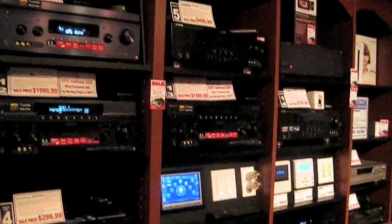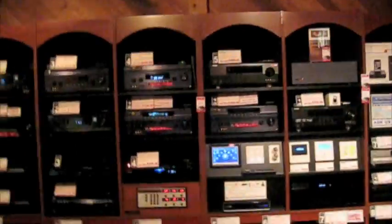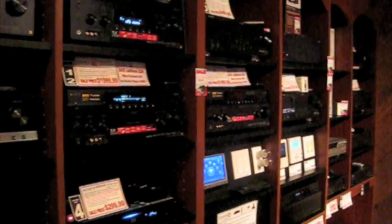But if you wanted to spend an extra $200, you could get a bigger center channel, if you like movies. They don't have them in stock, but Paradigm has the Monitor 9s, which are $200 more. They're $1,000 a pair instead of these, which are $800 a pair. Or you could spend an extra $100 and get a Sony receiver, which is as good as the Yamaha receiver. It's $800. Excuse me, Yamaha makes an $800 receiver too. I don't know if they have it in stock, but anyway, with these component systems, you could do just about anything. So anyway,